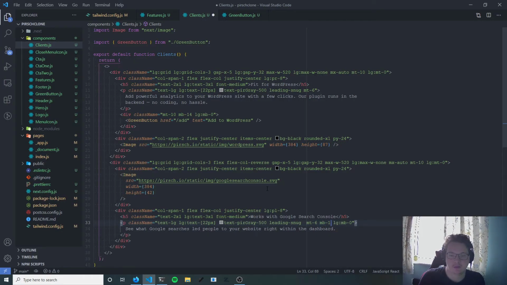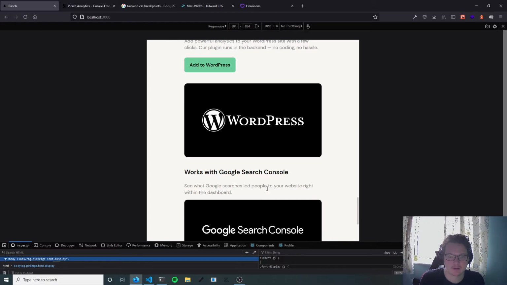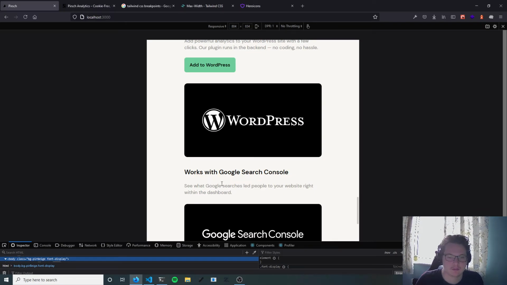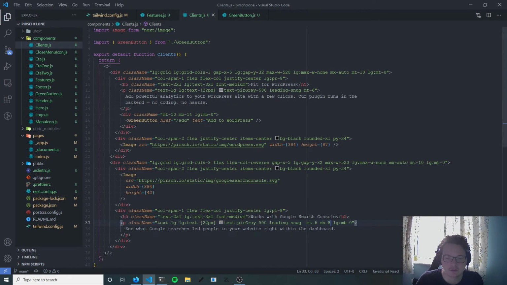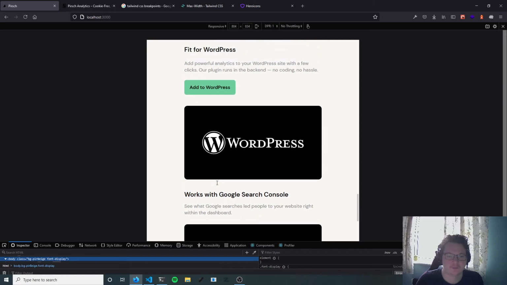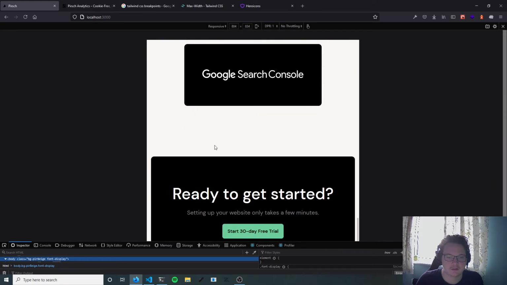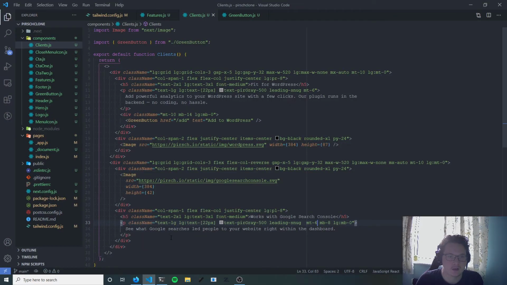Yeah, I don't want that margin bottom at all that big. Just Google Search Console. Fit for WordPress, works with Google Search Console. And yeah, we can do,